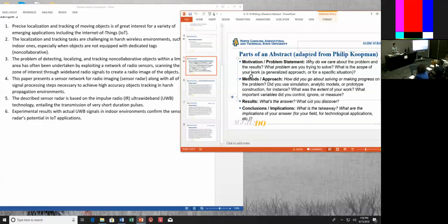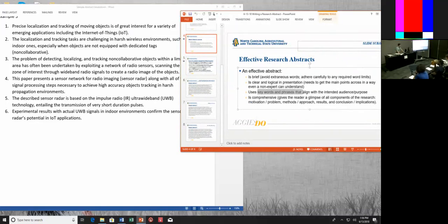And it might well be, in the context of that point I was making about keywords and phrases, that for readers of this journal, they want to get your attention if you're working on radio imaging, sensor networks. That's the group that they want to share this research with. So it might be that that's why they put more emphasis on this is what's been done previously. We're doing another version of this. And they keep using those keywords and phrases: sensor network, radio imaging, radio signals, radio image, and so forth. Now they do then go on to describe something a little different.